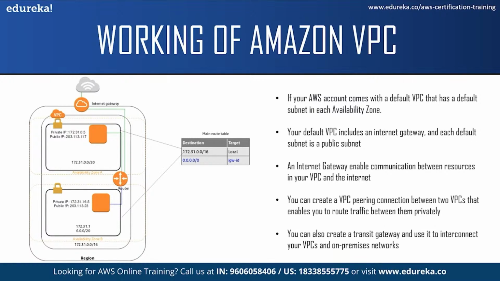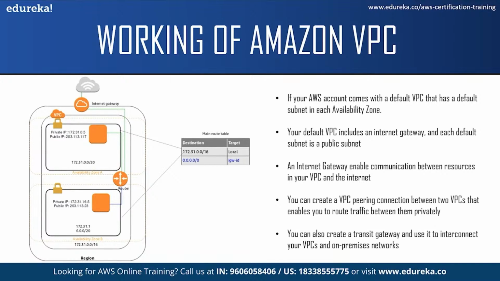Now you can see we have something called an internet gateway. An internet gateway is a gateway that allows your instances to connect to the internet. You can do this through Amazon EC2 Network Edge. Each instance that you launch in your default subnet has a private IPv4 address and a public IPv4 address, as